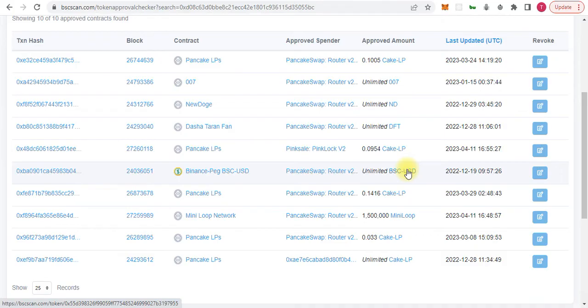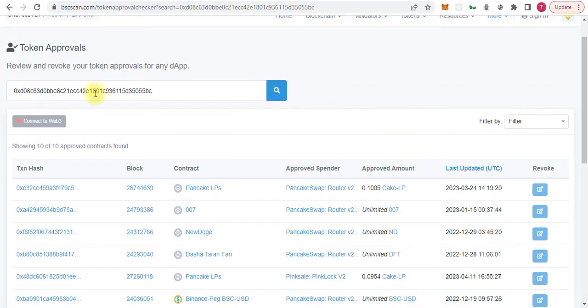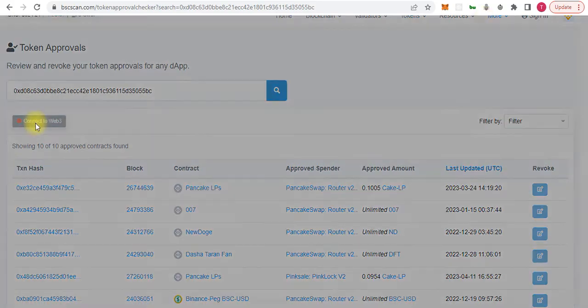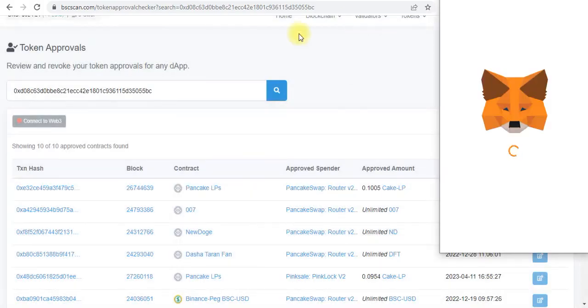So in case I want to cancel this approval, just simple, we need to connect our wallet, the same wallet as we are looking for, because it's not my wallet, it's someone else's wallet. So we click here connect to web3 and click here only with MetaMask